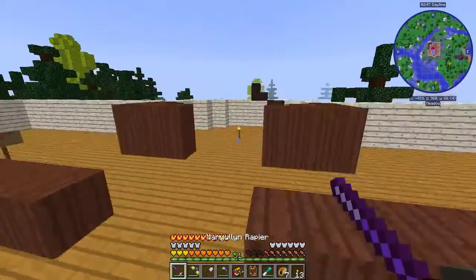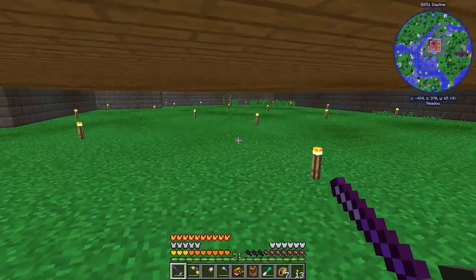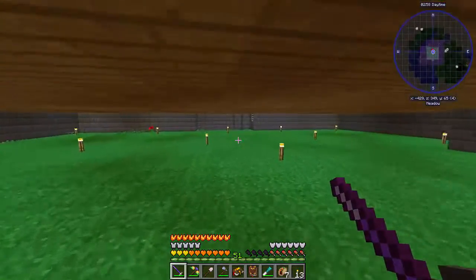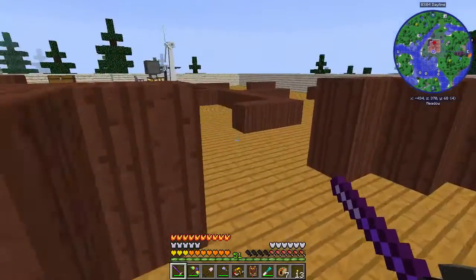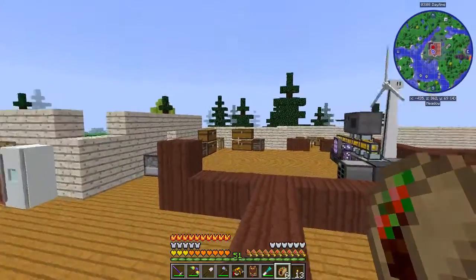There's a guy under here. He must be lower down. There's a Blizz. That's what that sound is. I was like, wait, hold on. That's not me. That's a mob that just happens to be directly underneath me. Alright, so